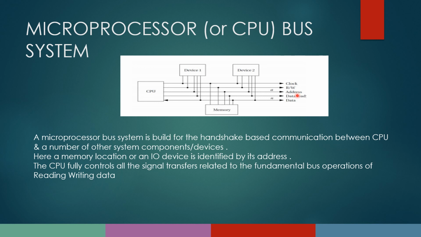What will be the address? It will be a bundle of signal bits which carries the address required for data transfer. And also data, it will be again another bundle of signal bits that will carry the data to and fro from the CPU. You can see this data signal is bidirectional, whereas others are unidirectional. Data ready indicates that there is a valid data signal on the data bus.